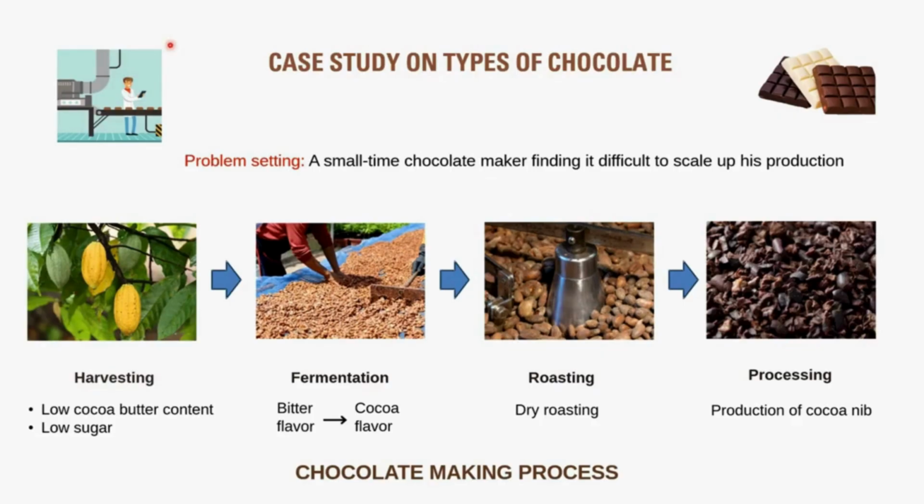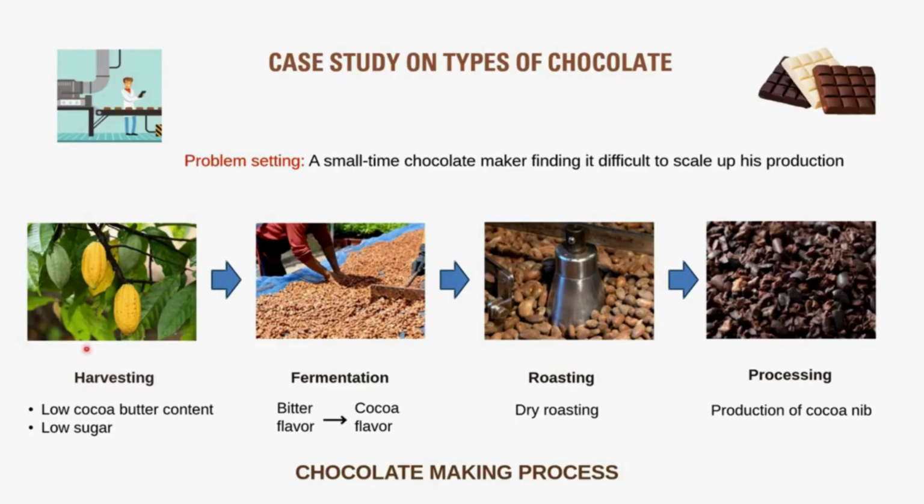So first let's discuss and understand the chocolate making process in order to decipher at what stage something might have gone wrong. The chocolate making process can be divided into two stages: upstream processing and downstream processing. Upstream processing includes harvesting the pods, fermentation, and drying, which are usually carried out by cocoa planters themselves. Downstream processing involves all essential steps that are necessary to make chocolate that we all know and love.